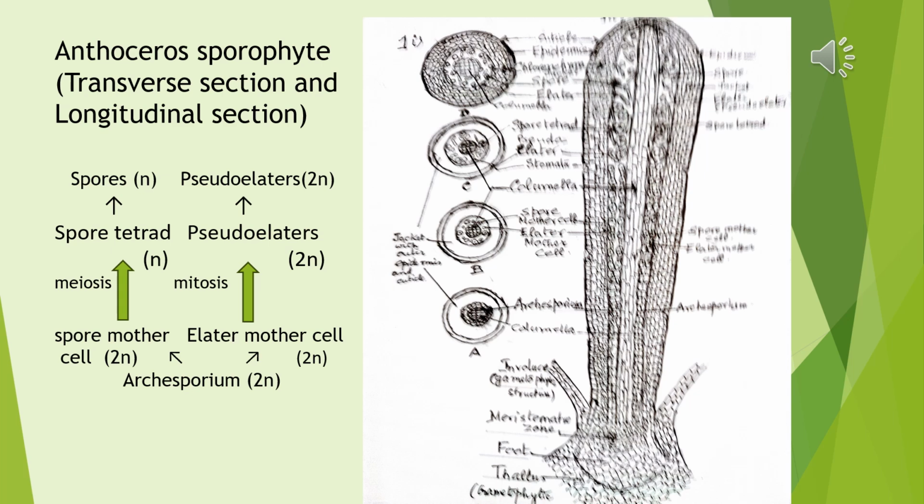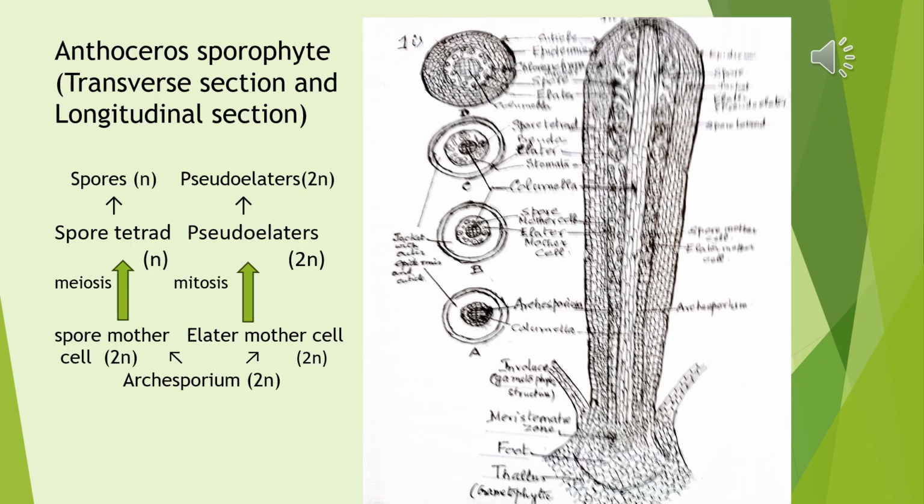And the elater mother cell divides mitotically to form pseudoelaters, which are diploid. The spore tetrads, which are aggregated spores, four in number, then become free and are just round spores, haploid spores. Similarly, the pseudoelaters are free, and they are also diploid. So coming back to the figure,